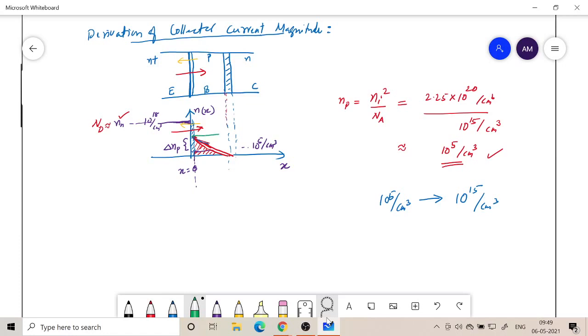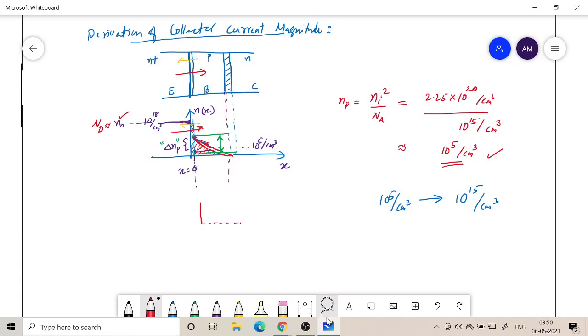by this difference. So earlier one was like very small, but then it has gone up by this amount, and this increase is what I am referring to as delta NP, the concentration of electrons in the p side. So delta NP is very large. So now if we can find out how much is this delta NP, then we can easily find out what is going to be the current, the diffusion current due to the minority carriers, because this side of the base is going to be, so if I redraw this, one side you have